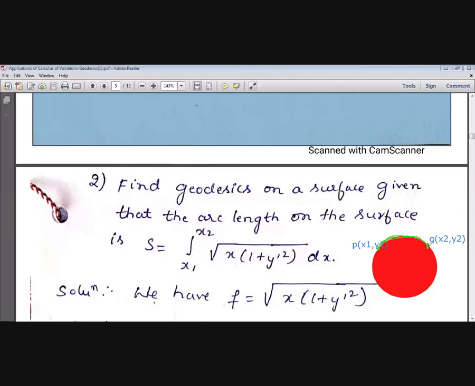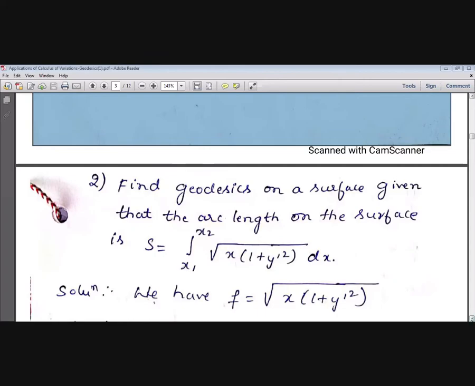What is the arc length of this? Arc length formula, complete arc length is, this is the formula. To find arc length, this is the formula. There we had only this much. Here, because it is on the surface, x will be added. This x will be multiplied. Okay, x will be extra because we are taking it on the earth's surface. Now after this everything will be the same.